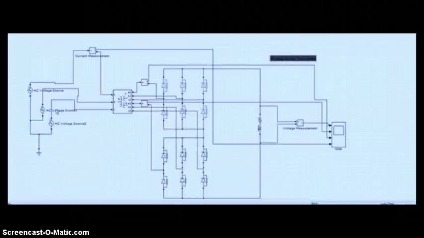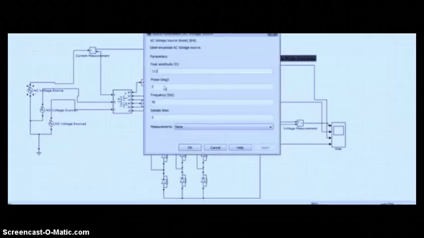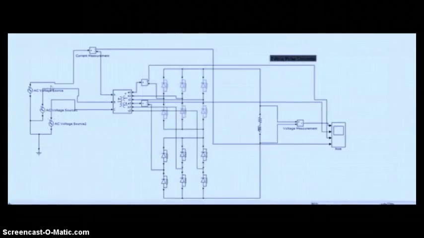So here I have made 3 AC voltage sources to make a 3-phase system. Each voltage source has a peak value of 312 volt with a frequency of 50 Hz, which is a typical offline specification of any utility in Pakistan, India, and the eastern countries of Asia. This B phase is at -120 degree phase difference, and this C phase is 120 degrees apart, with the same peak values and the frequency, and hence it is a balanced 3-phase system.